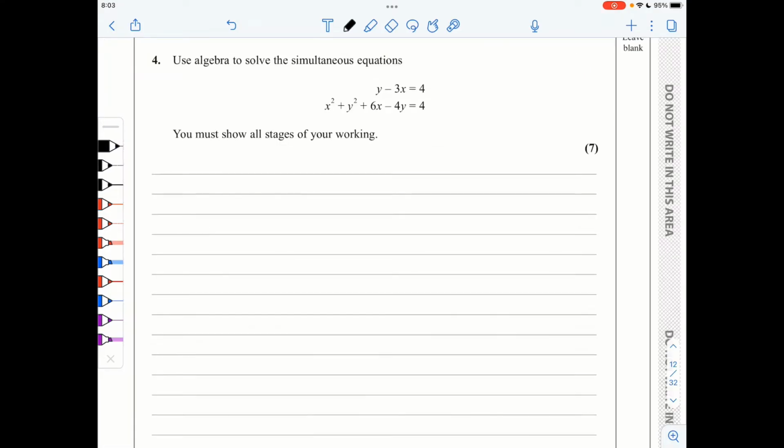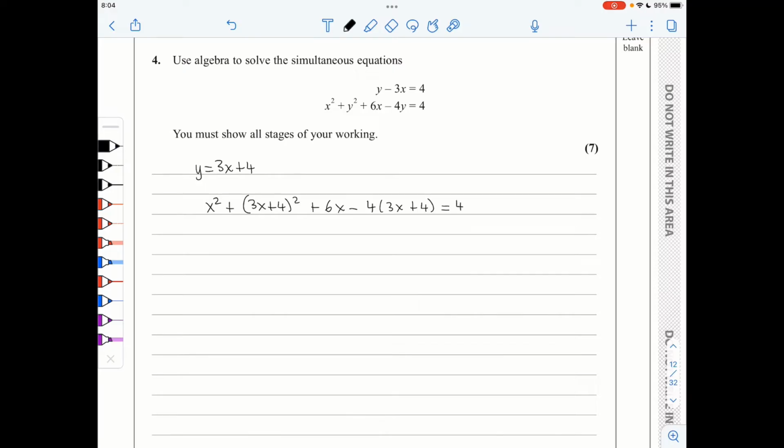In question 4, we need to use algebra to solve these simultaneous equations. We can see that the first one is a linear one and the second one is a quadratic one. So I will be using substitution to go from the linear into the quadratic. It makes sense to make y the subject, so y is 3x plus 4, and substitute this into the second equation. So x squared plus (3x plus 4) all squared plus 6x minus 4 times (3x plus 4)